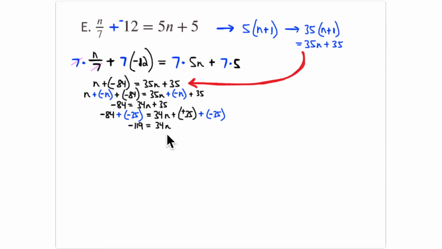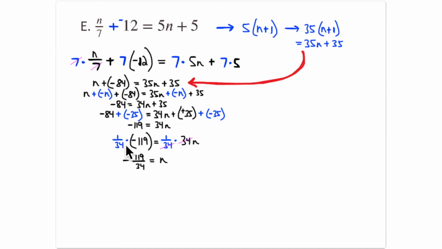Now if I have 34 n's, I want to know what 1n equals. So I'm going to look at 1/34 of those 34 n's, which means I also have to look at 1/34 of this side. Both of these are equal to each other. This 34n is equal to negative 119. So 1/34 of both sides. This is now 1n, but this is 1/34 of a negative 119. So this turns into a pretty tough fraction to look at, negative